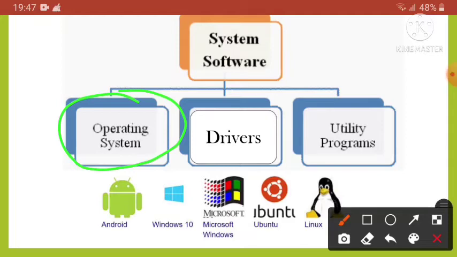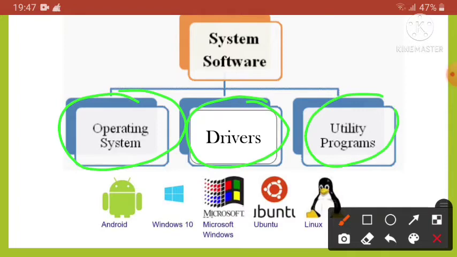Next one is drivers. Drivers are small programs that tell the computer, that means the operating system, how to connect to peripheral devices. Peripheral devices means scanner, printer, speaker, all the devices attached to the CPU.